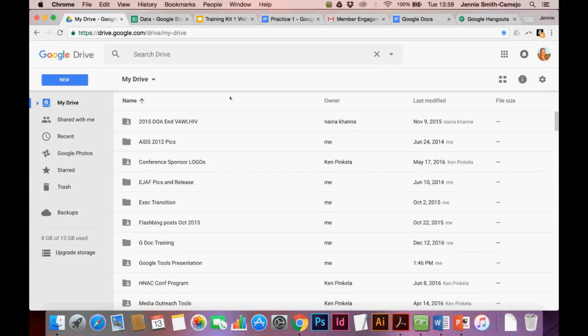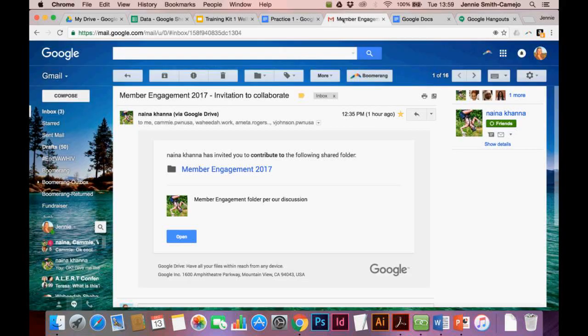Oh, and I did tell you I was going to show you how to forward email. So if you have, for example, let's say you use Yahoo as your regular email, but you want to use the Google tools, so you set up a Gmail account, but you want to keep using your Yahoo as your main account. What you'll want to do is, once you're in your Gmail, go to the settings bar here, go down to settings,